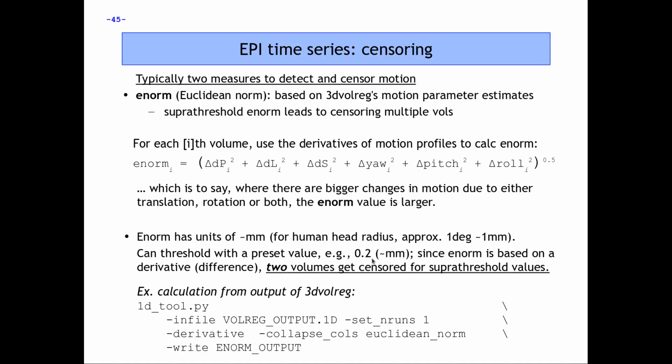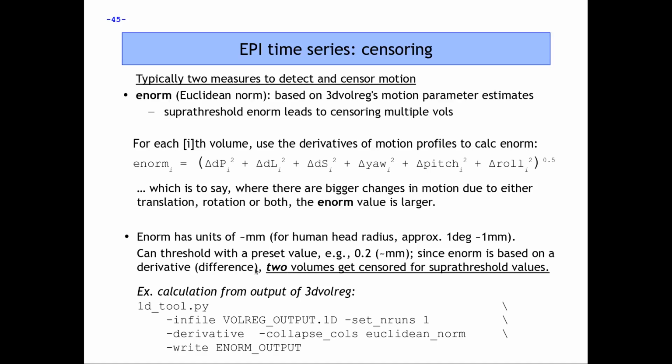And wherever the enorm value for a given voxel is higher than that value, then we censor that volume. Now note that since enorm is based on the difference of volumes, so the change in delta p, we know that motion occurred at either the ith time point or the one that we're subtracting with, let's say i plus 1. So we censor both of those volumes